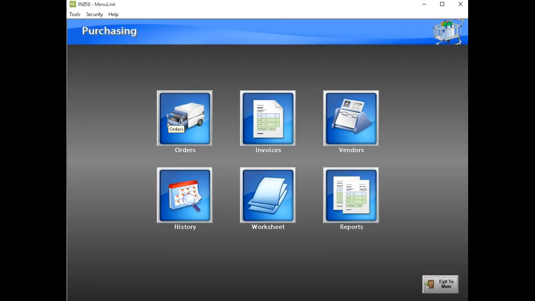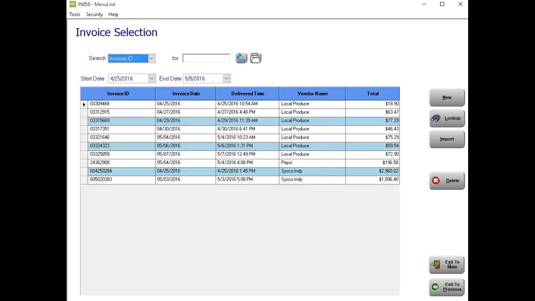So what you're going to want to do is go into purchasing. You have existing orders or invoices. Choose invoices, and you'll see that at Corridon we have several already input. Now, if I had a Creation Gardens order that came in today, what I would want to do as soon as I receive it is go to New,